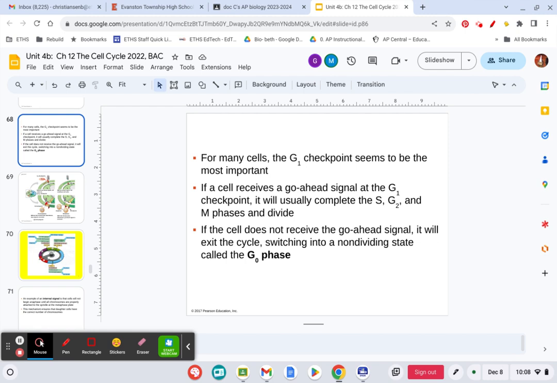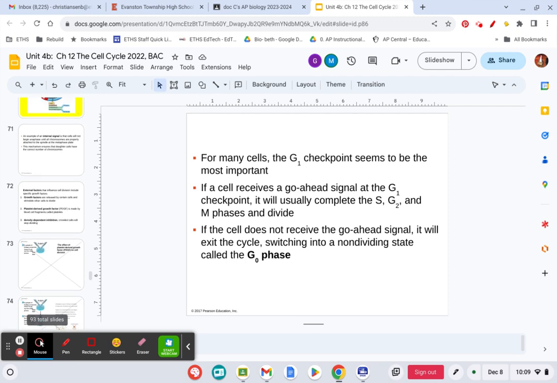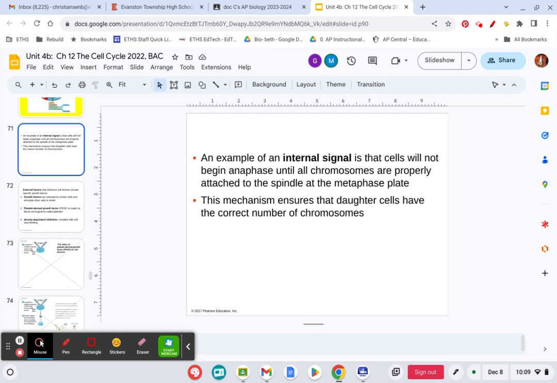All right, so yesterday we left off talking about how sometimes cells shouldn't go on and divide. That could be because of something outside of the cell, their environment, external signals. So it could be because it's cold, there's no food, there's no water. All those cases would result in the cell going into G0, which is kind of a stasis. Hopefully it will come back out and receive the go-ahead and go through synthesis and all that good stuff. What I want to talk about today is what happens in cases where there is a problem.